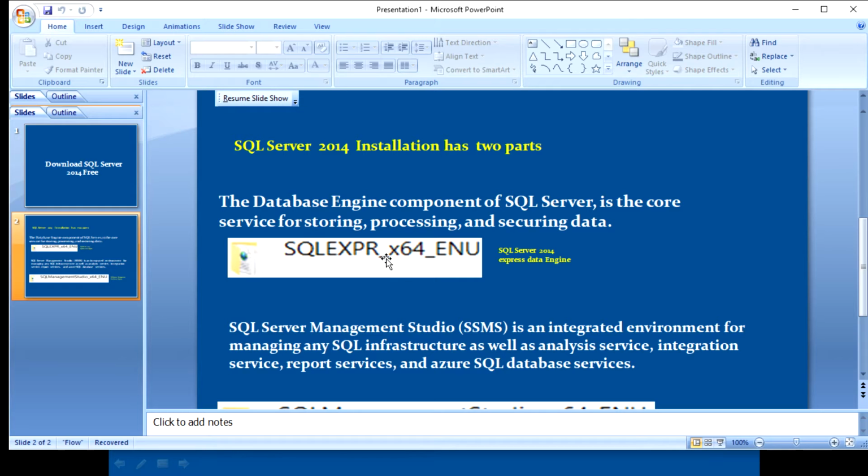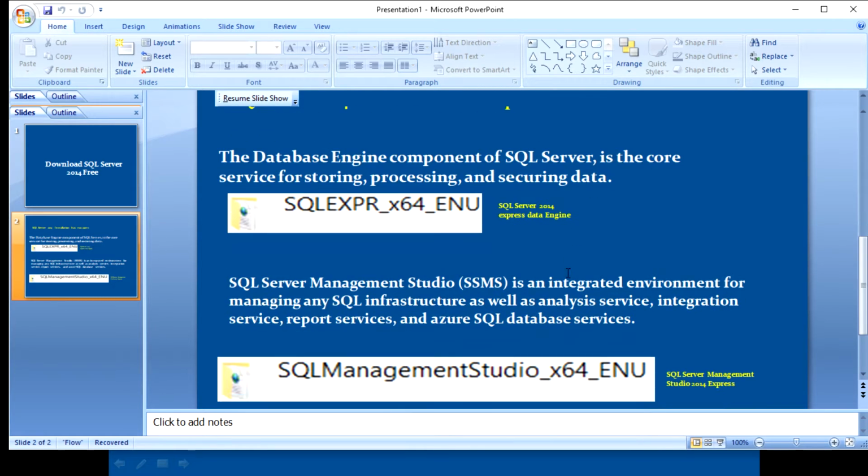This database engine component of SQL Server is the core service for storing, processing and securing data. Actually, this is the part we have to download first, and then secondly we will do the SQL Management Studio